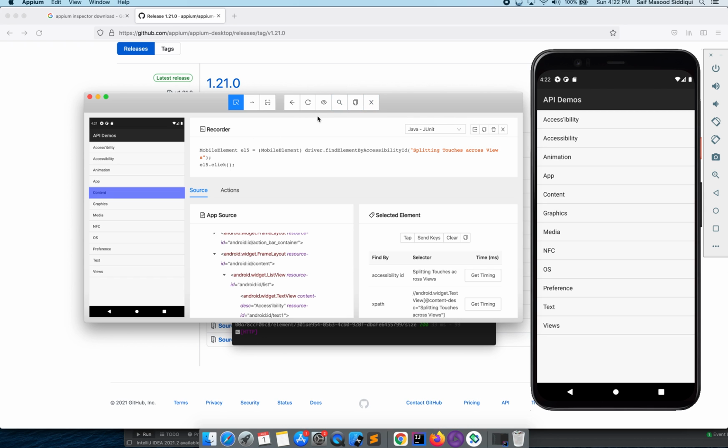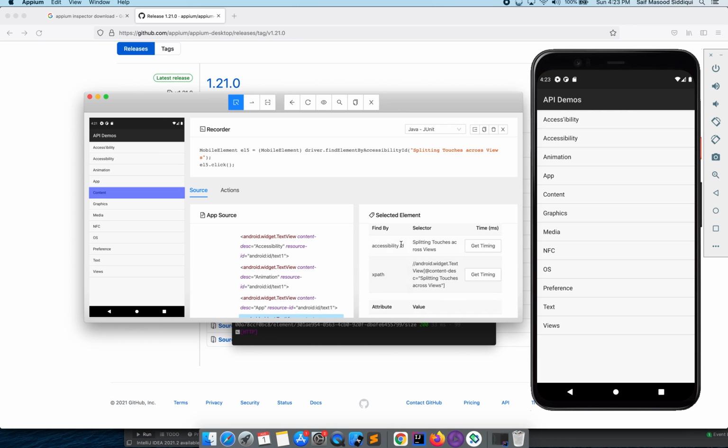Here also, like in the record, I told you, if you want to record your script, it will help you in recording the script in WebDriver, Selenium, JavaScript, Python, Ruby, Robot framework. So yeah, this is how Appium inspector works, and it will help you in identifying the elements in different ways. In the next video probably I will show how to identify the elements using accessibility ID, XPath, and these kind of things.